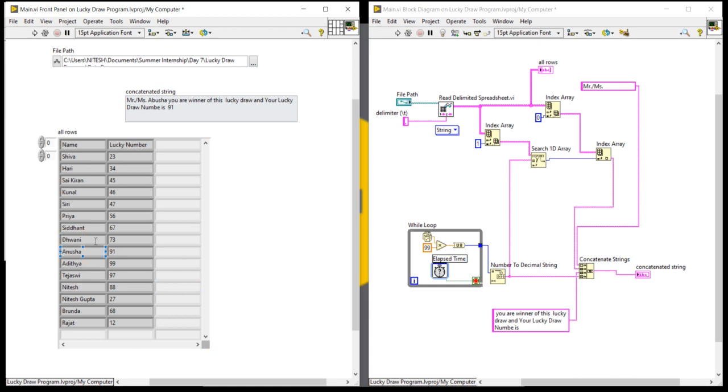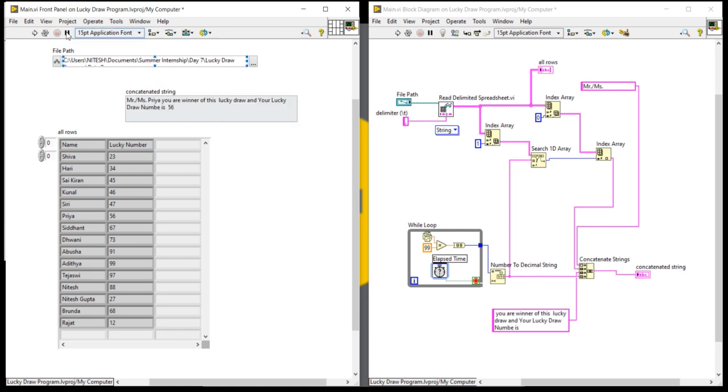Here, maybe Anusa. Anusa, you are a winner of this lucky draw, and your lucky number is 91. Priya, you are a winner right now.